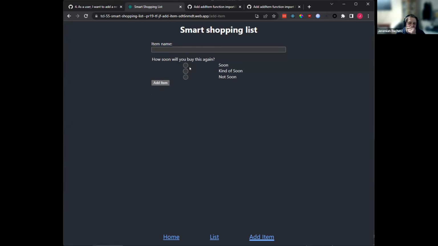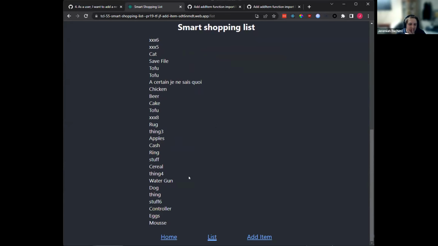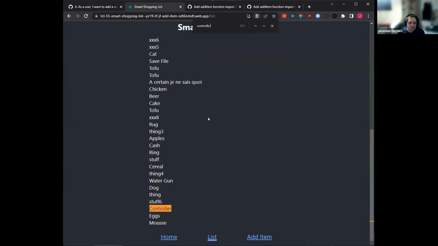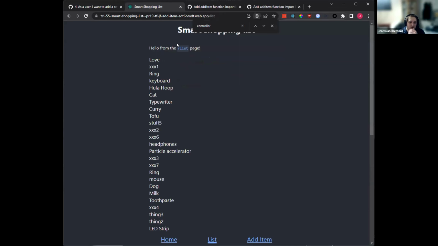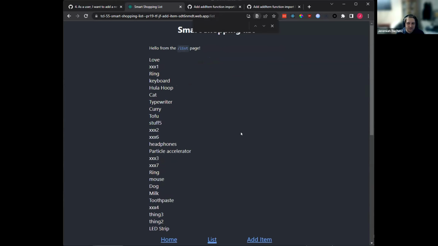I don't know why it's not going back to soon, but I was having this issue earlier and I had to hard refresh to get it to work. Oh, right here maybe. Okay, yeah, they're not in order, but